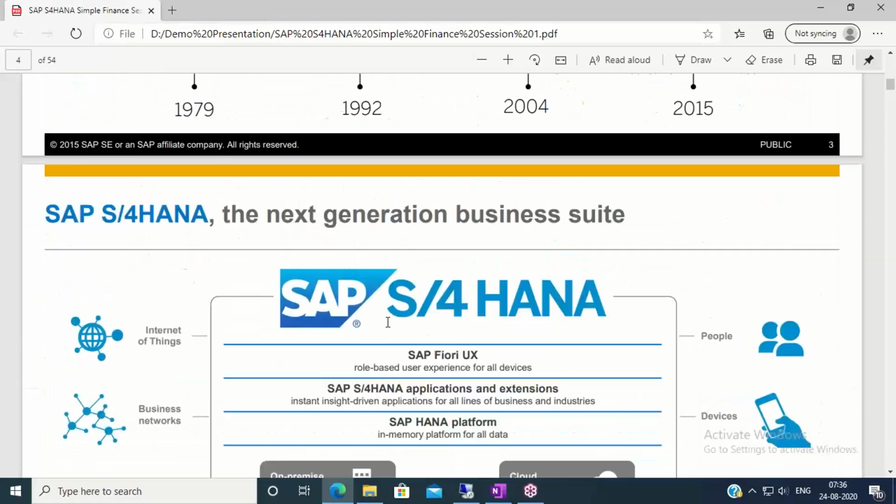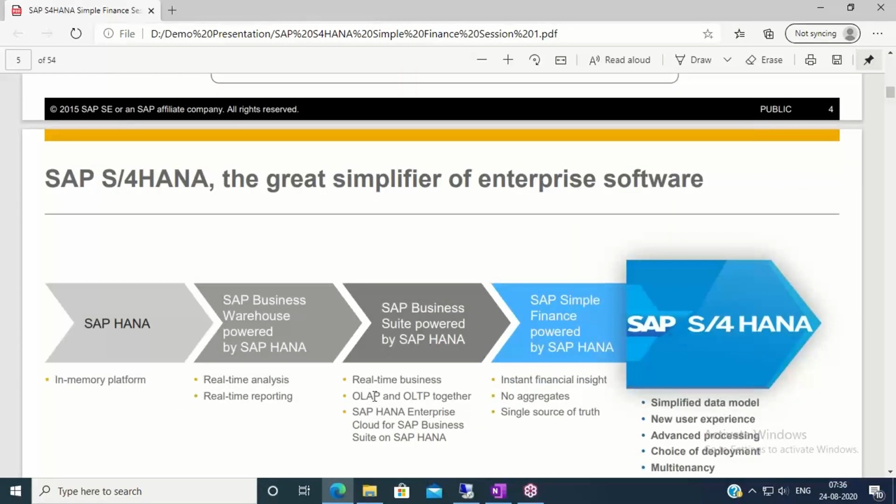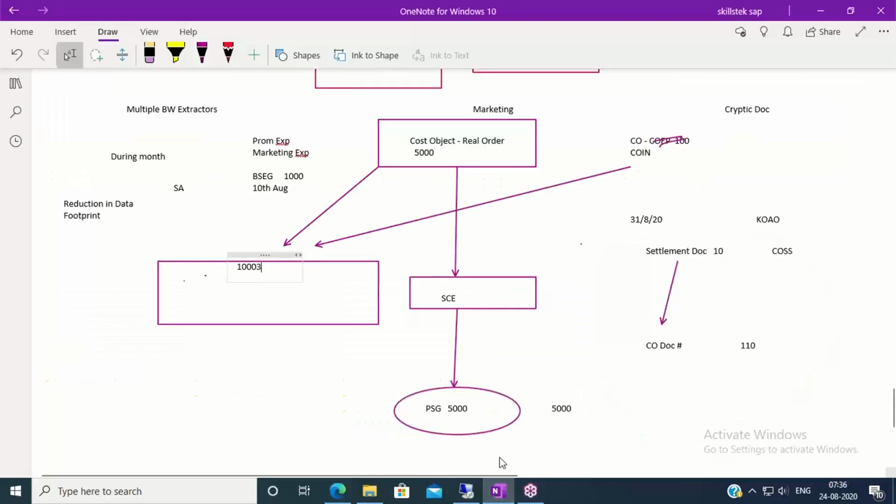Okay, we are still in 2013. When you upgrade the system with the new software, that time this particular table will be there. So here we will have only one table which includes the finance data as well as controlling data. That means this includes your FI and CO data. If we refer to document 10003, we should get both the information, because in ECC if you need finance information, then you have to check the FI table separately. If you need controlling information, you need to check the CO table separately. But let's say here,